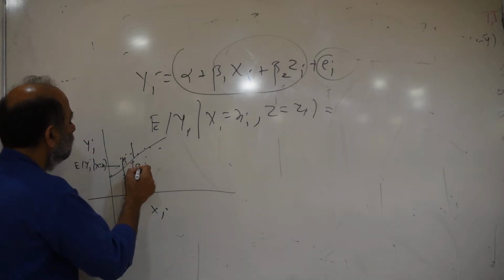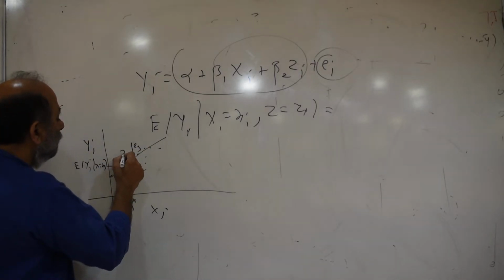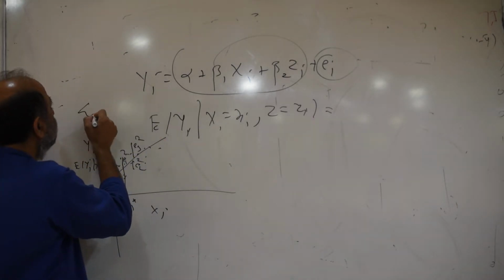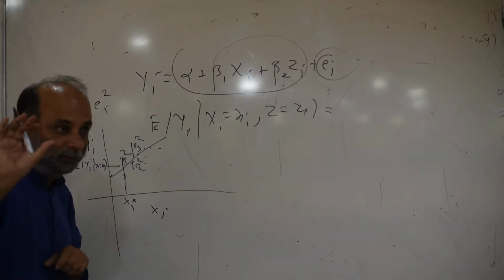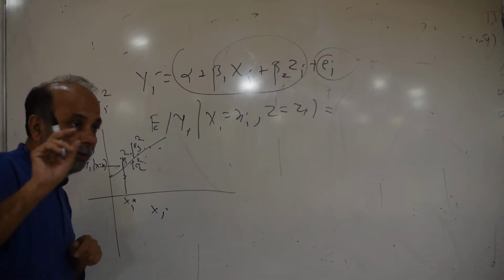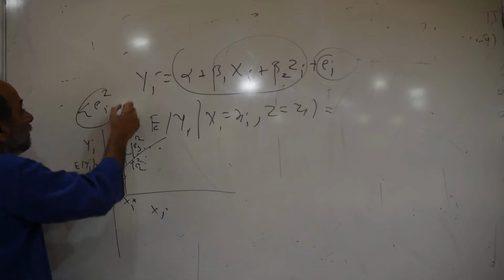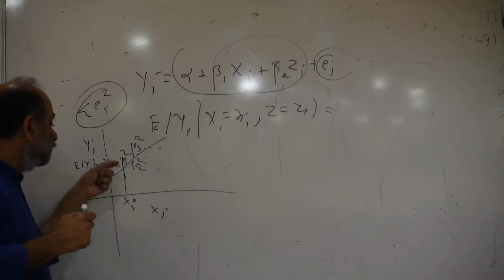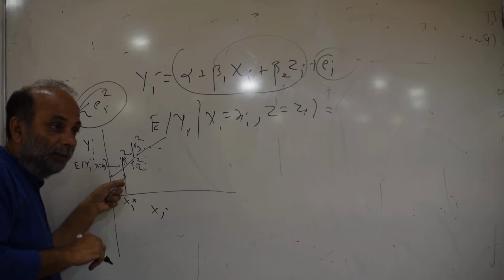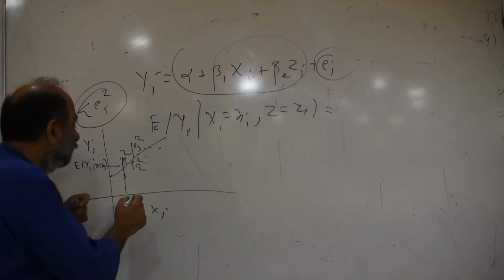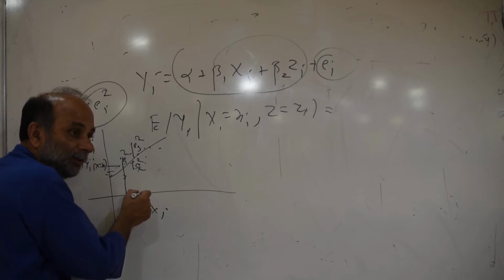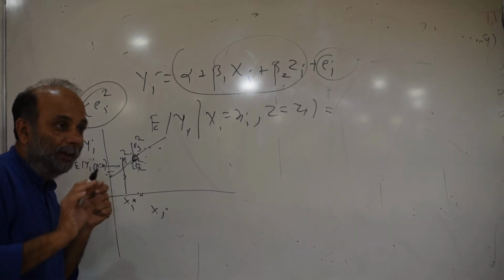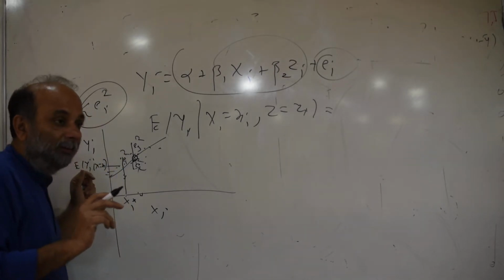So if this is E1, this is E2, this is E3, I square them, and I find the line such that the summation of Ei square is as small as possible. Because distances we think of as squares. So E1 square is the distance of this point from the regression line. E2 square is the distance of the individual household's financial assets from the average financial assets of households which have the same income, and so on. Right? So minimize the total distance.